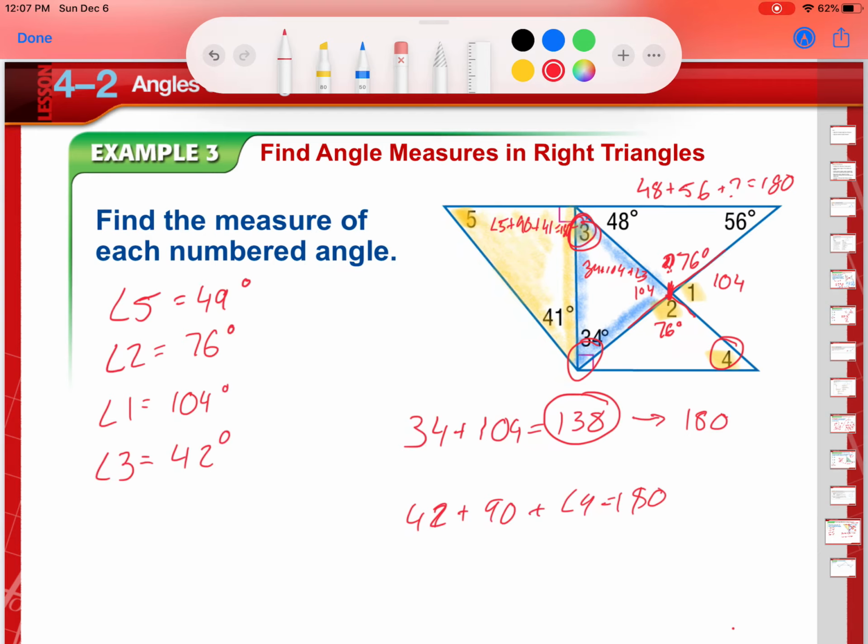So 42 plus 90 is going to equal 132, plus 48 is going to equal 180. So that means angle 4 is 48 degrees. Okay, so we'll talk more about this in